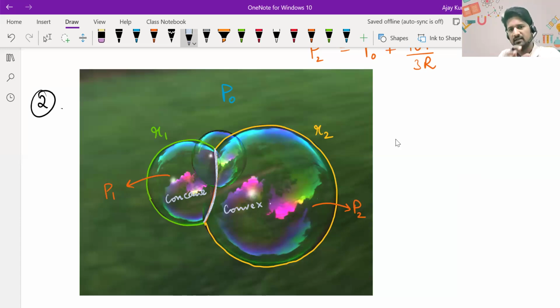Usually the concave side is the side where the pressure is higher. So how much it curves depends on the pressure difference. It depends on P1 minus P2. So in this question, assume R1 is given to you, R2 is given to you. You know the pressure outside is P naught. So I want you all to derive the radius of curvature